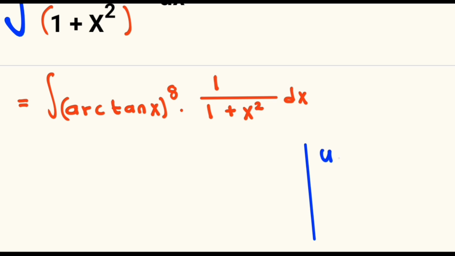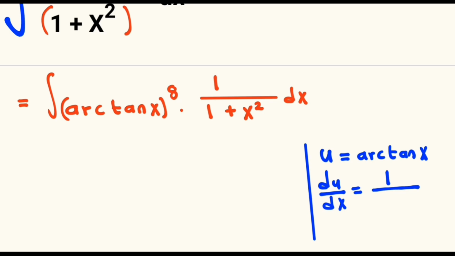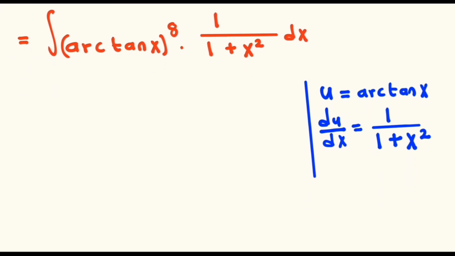We let the u to be equal to the arctan of x, and we differentiate the u with respect to x, and the derivative of the arctan of x is equal to 1 divided by 1 plus x squared. We multiply both sides of the equation by the dx, and the du will be equal to 1 divided by 1 plus x squared dx,